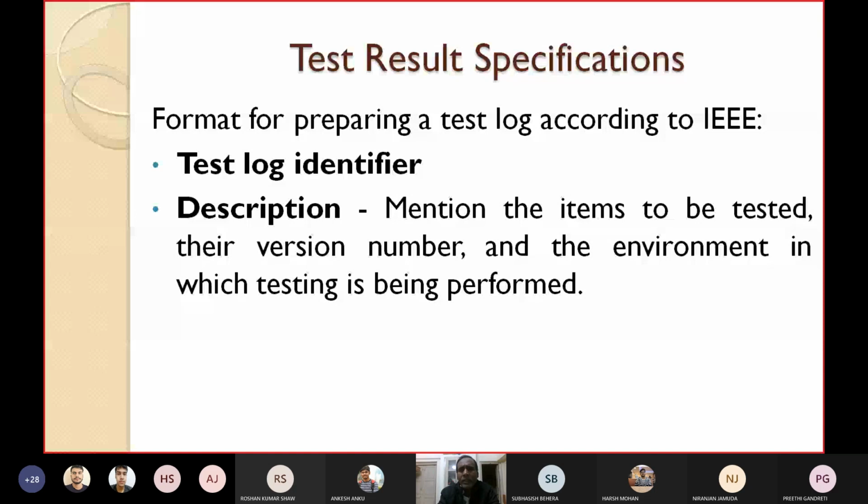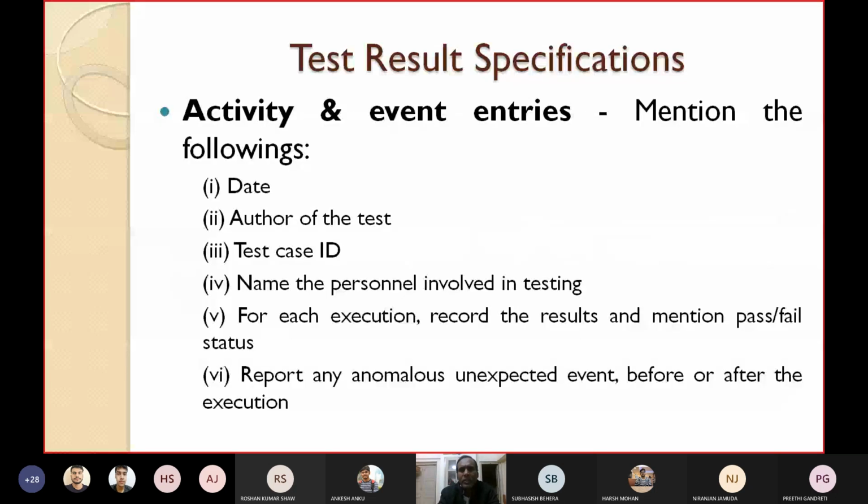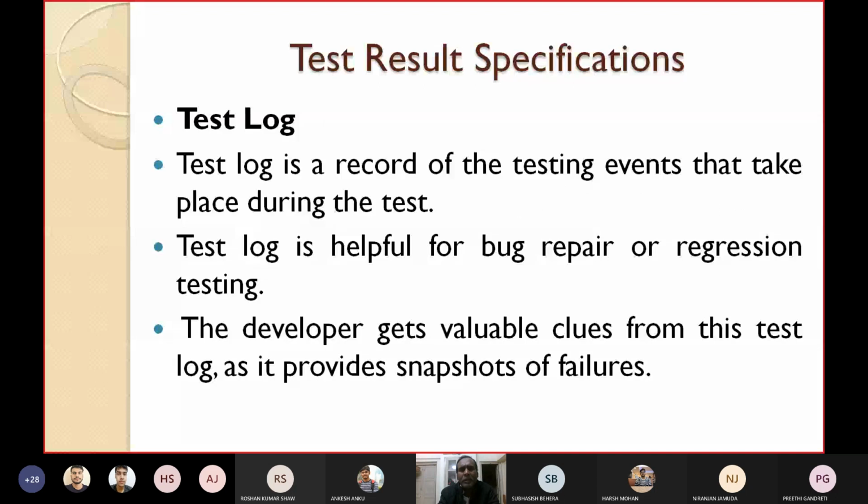Let's see the next component that should be placed in the test log. The next component is the activity and event entries, because I have already told you that a test log is a record of all the testing events that may take place during the test. So you must write down all the activities and events carried out during this process.